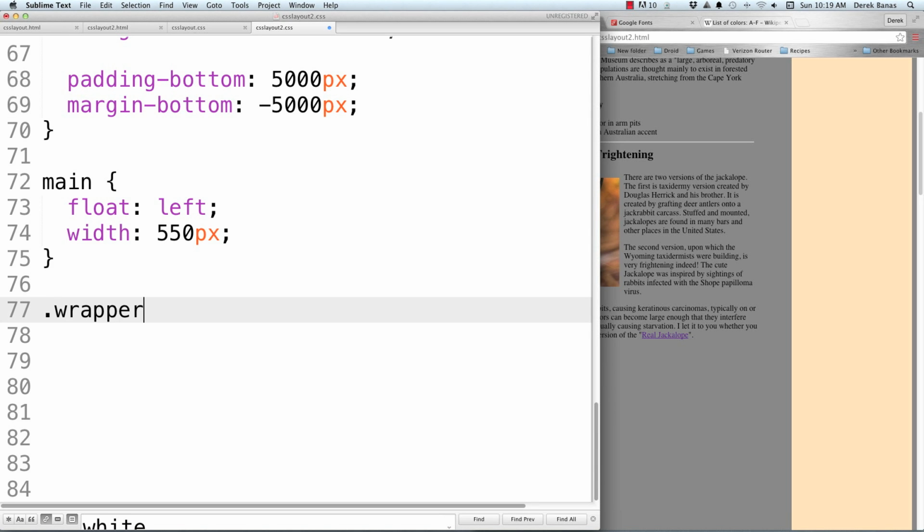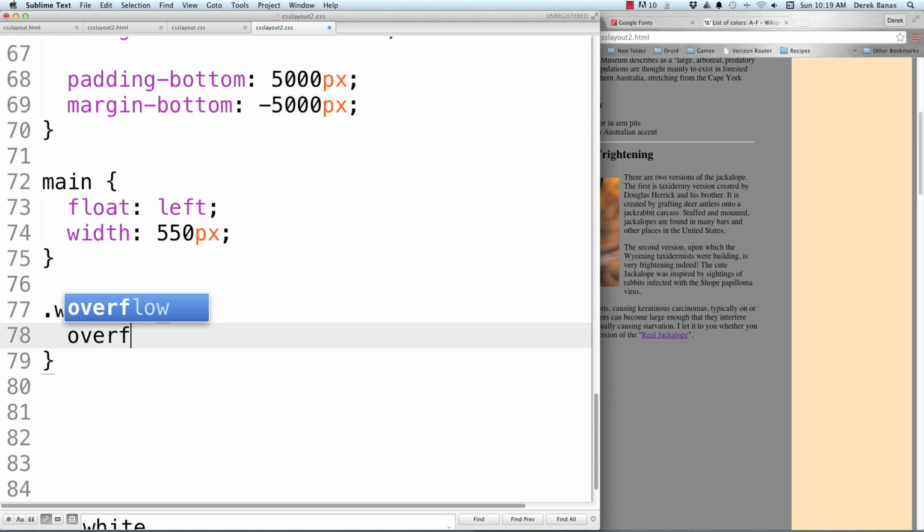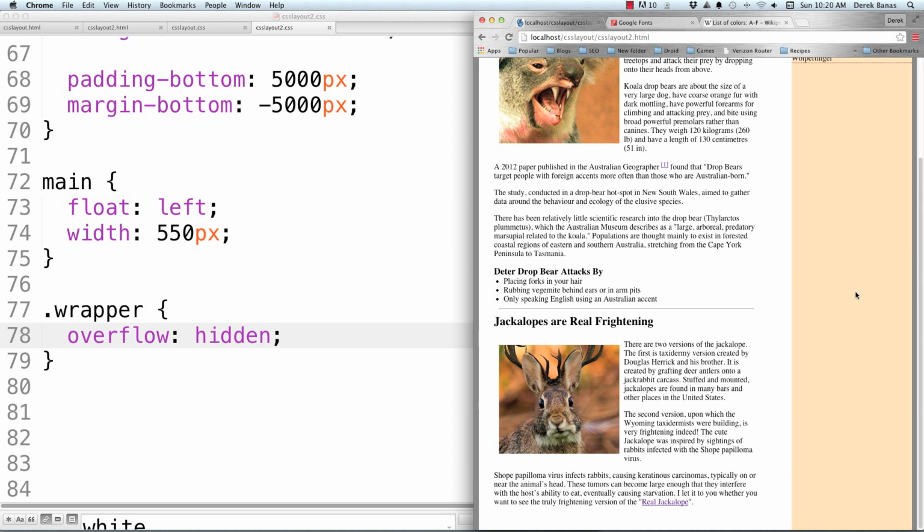And in this situation, wrapper surrounds everything, and we go overflow hidden. So that will give us a full length sidebar no matter how big the content area is here, but it's also going to hide any extra space. Reload, and there you can see the white came back, and the sidebar is exactly the same height as your